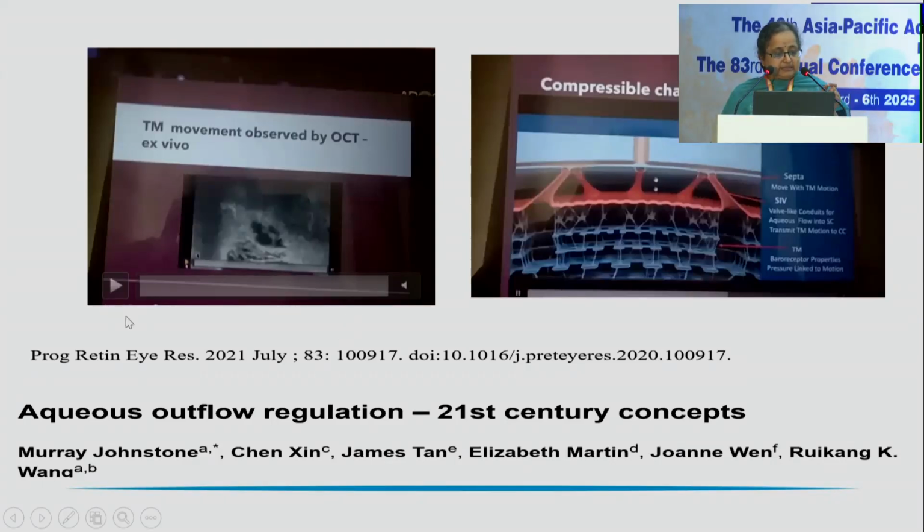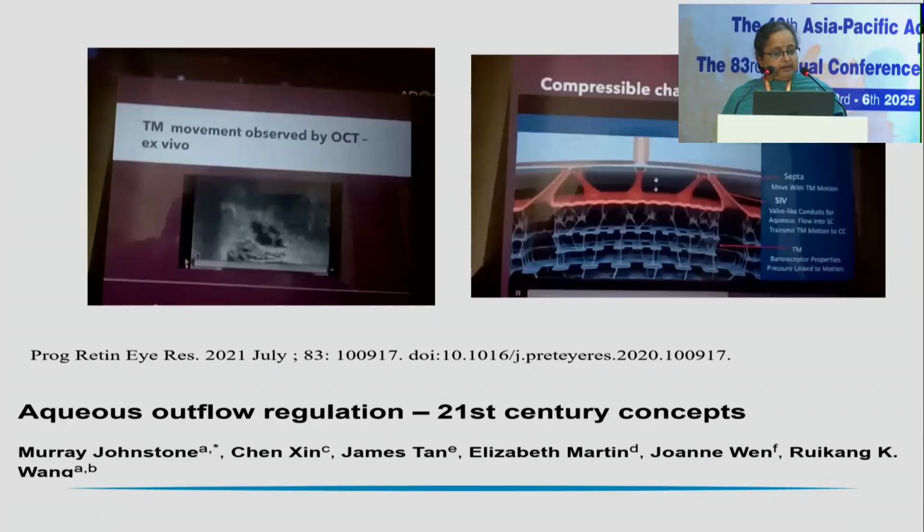This was an interesting study wherein now we know that the trabecular meshwork beams pump aqueous into the Schlemm's canal. But if we want to understand how it does so, all the trabecular meshwork beams, if you liken that to a heart muscle, do all the collagen beams function as a syncytium, contracting together, or do some parts contract more than the others? And how does the fluid go in a unidirectional position? Why not, when the compression happens, does the fluid go out in other directions? How is that unidirectional flow maintained?